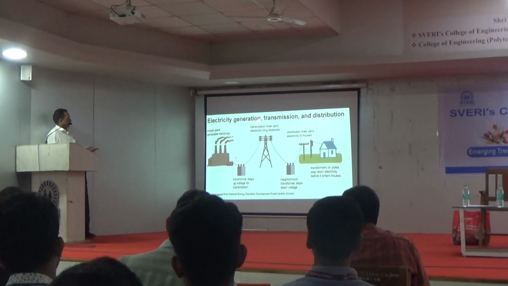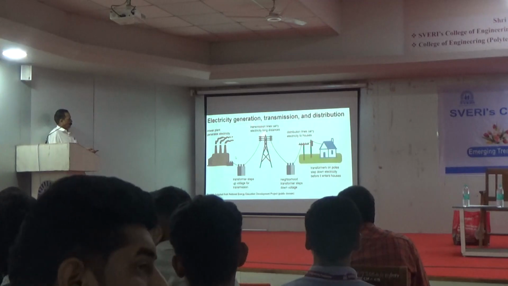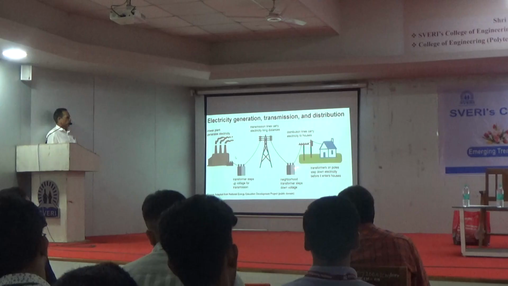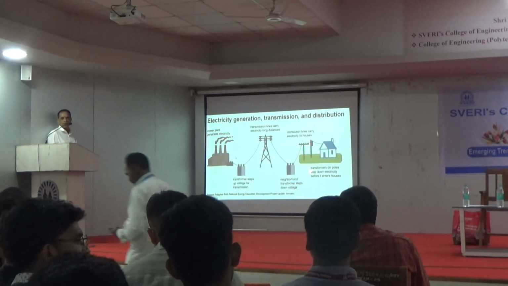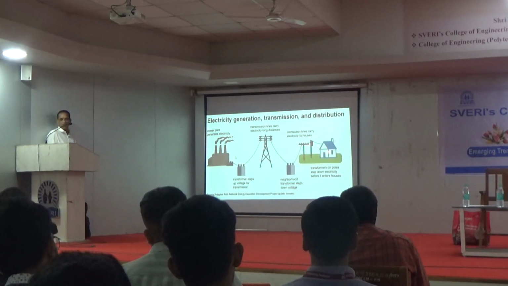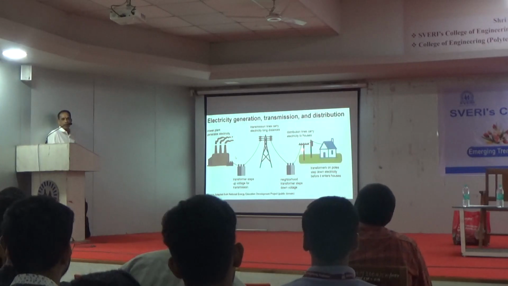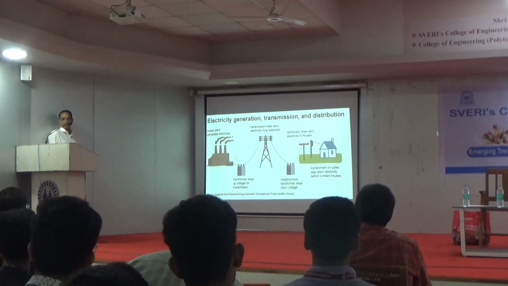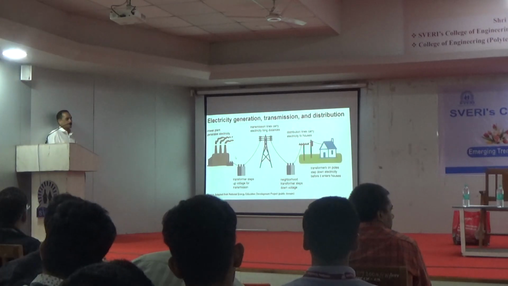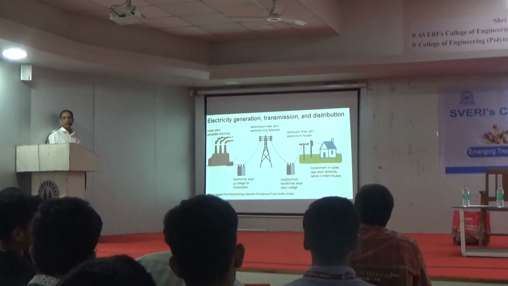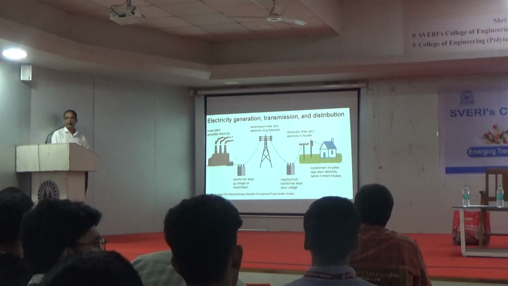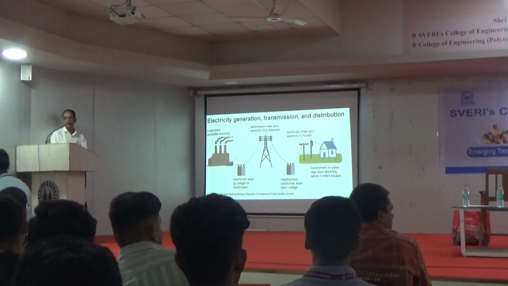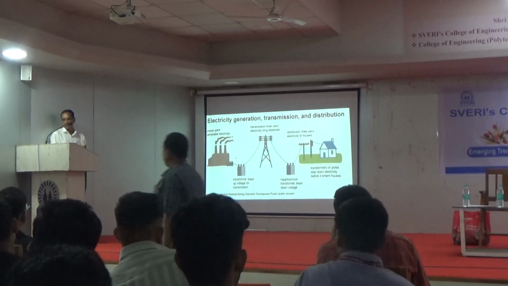Now this is the distribution part. At your home, through a transformer, say 11 kVA or 33 kVA, you will get single phase power supply. Now, in this traditional method, when the government also thought that generation is not affordable, they encouraged on-grid solar systems. They want people to invest from their own pocket, generate electricity and feed it to the grid.